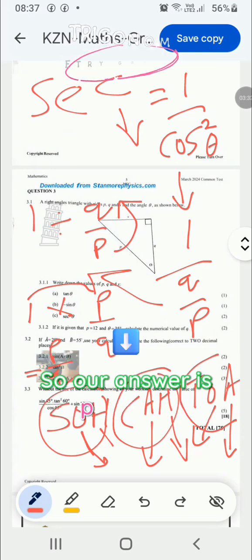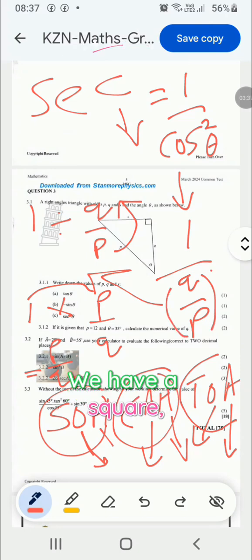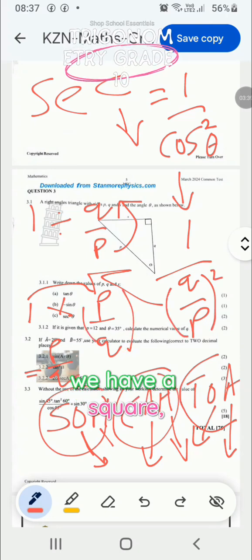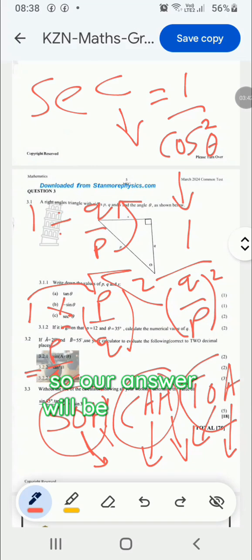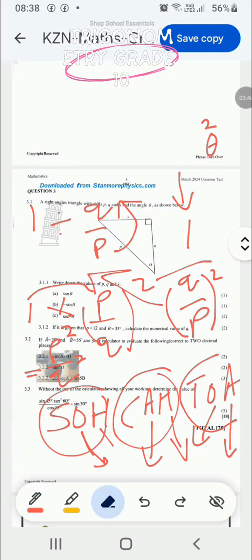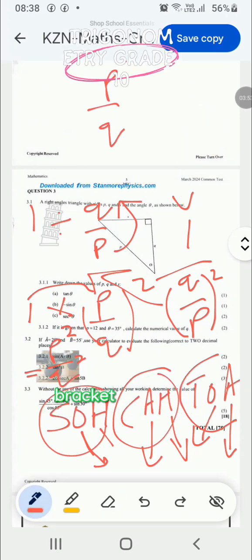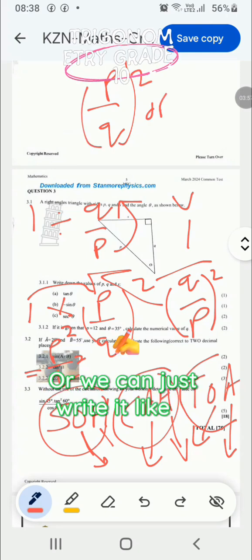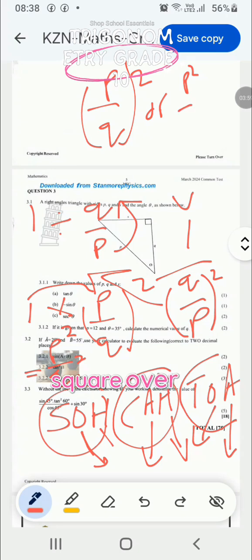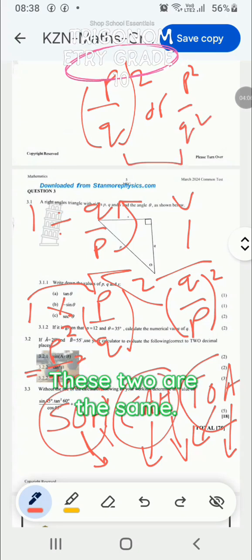So our answer is P over Q, but we also have a square, remember? So our answer will be squared. Or we can simply write it as 1 squared, like this. Our final answer can be P over Q in brackets, squared. Or we can just write it like P squared over Q squared. These two are the same. Let's go to